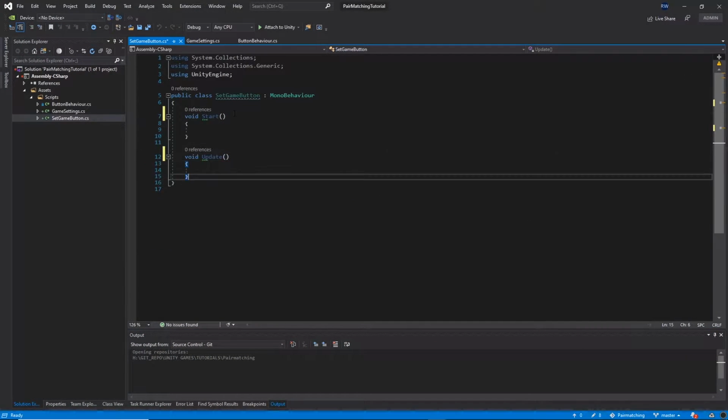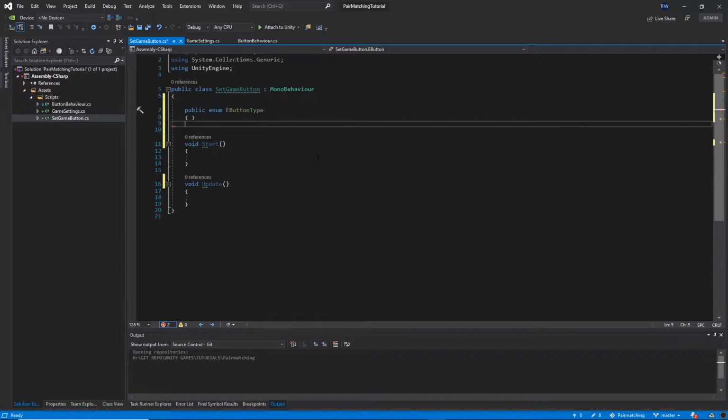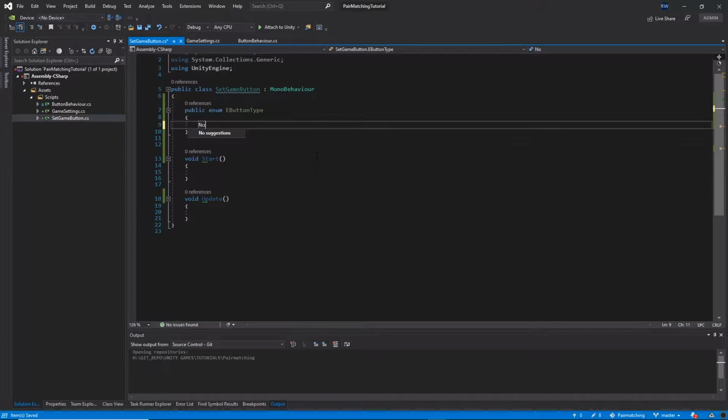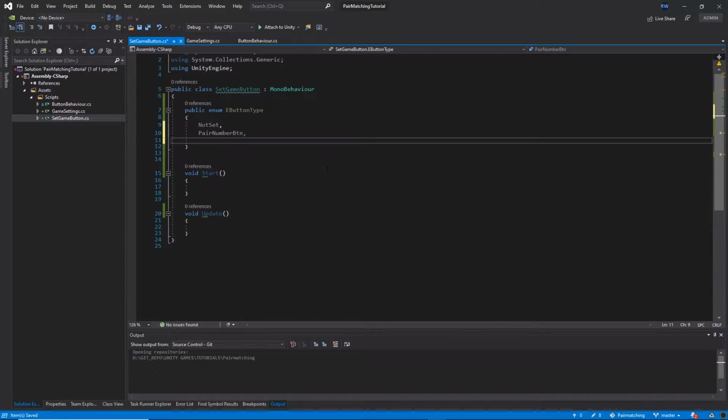And then first thing, let's remove these comments, and then right at the top I want to put the public enum and then button type, and then not set, and then we will have two buttons, so pair number and then puzzle category. Okay,